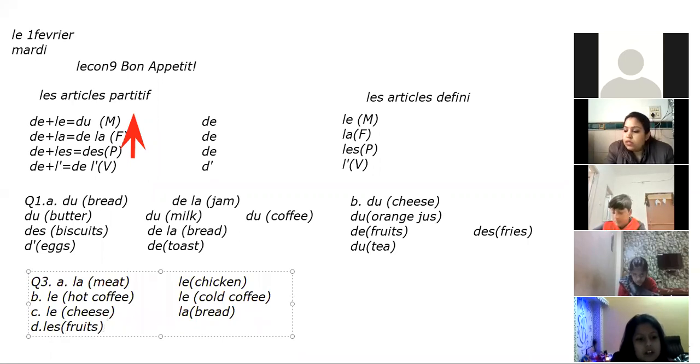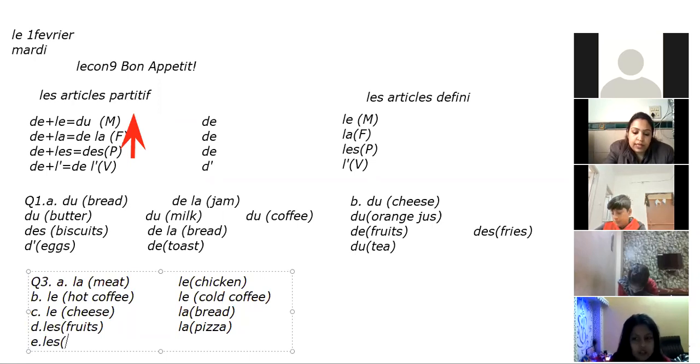And the next is il n'aime pas la pizza. Pizza is again pizza only and it is feminine. And the last part of this question is elle n'aime pas les œufs. Les œufs is eggs. And A dash escargot, again it is S, that is snail. So they are plural, so we have placed LES. Elle n'aime pas les œufs, les escargots.